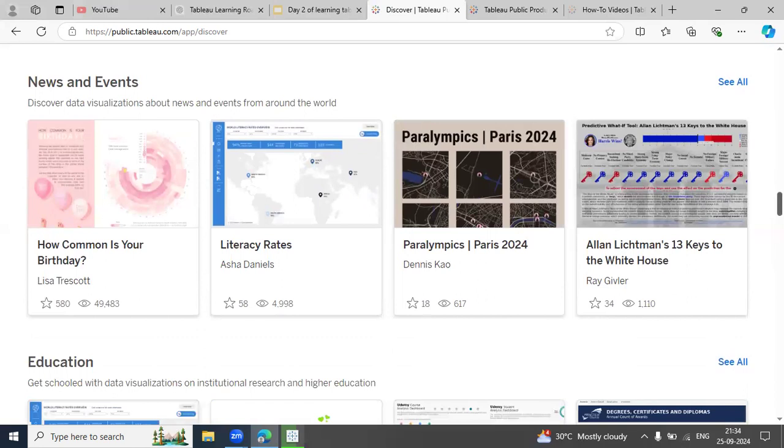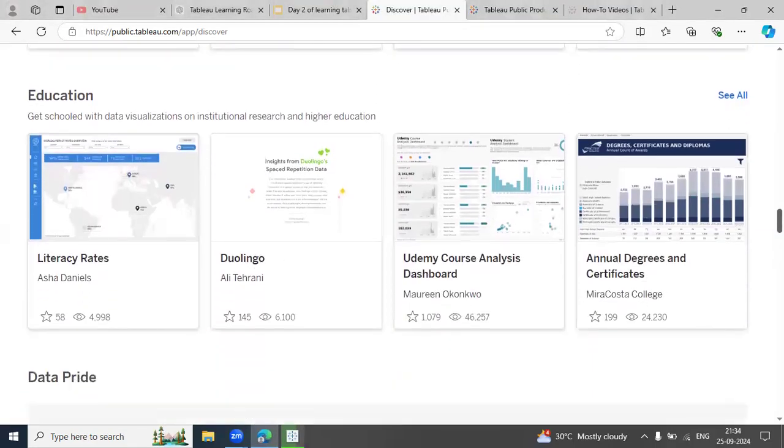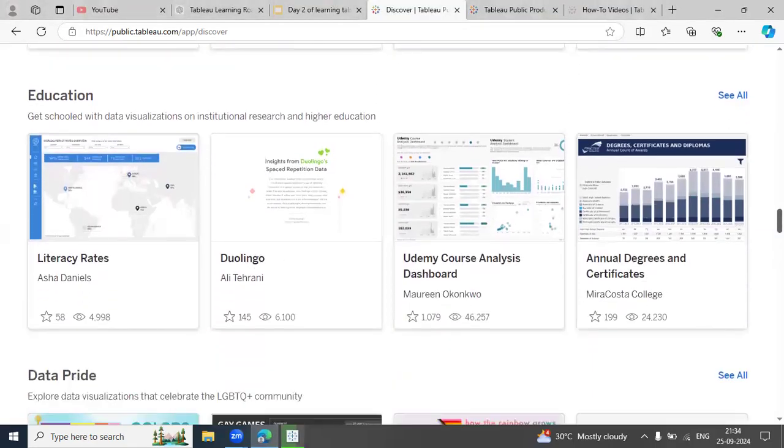It's also used for news and events. So it also discovers data visualization about news and events from around the world. Like for example, literacy rate or the Paralympic data from all over the world, as well as how common your birth date is. And it's also used for education.